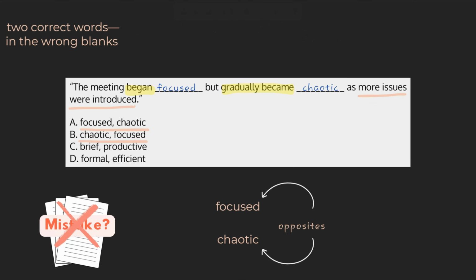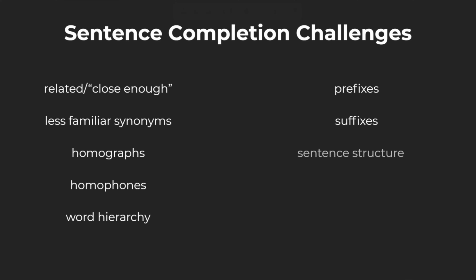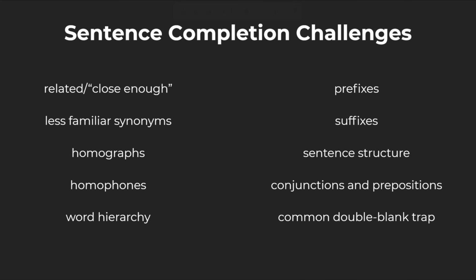And with that, we've covered the most common challenges that can make sentence completion questions tricky. We looked at close enough options, less immediate synonyms, homographs and homophones, word hierarchy, prefixes and suffixes, sentence structure signals, including conjunctions and prepositions, and a double blank trap that can throw you off if you're not paying attention to the relationship between the